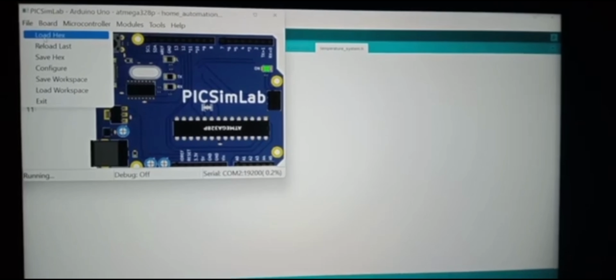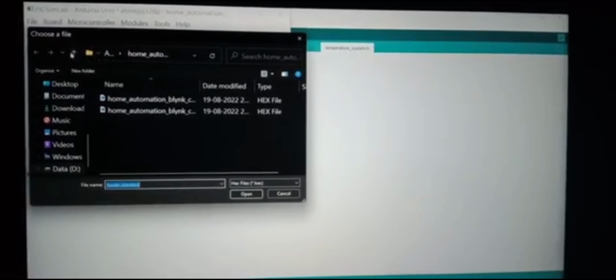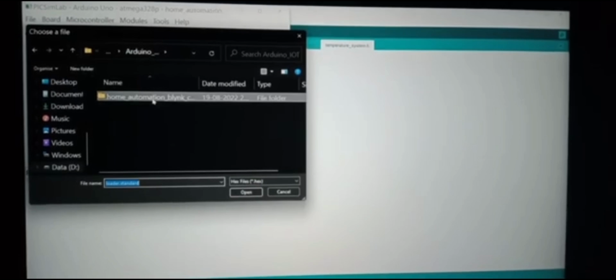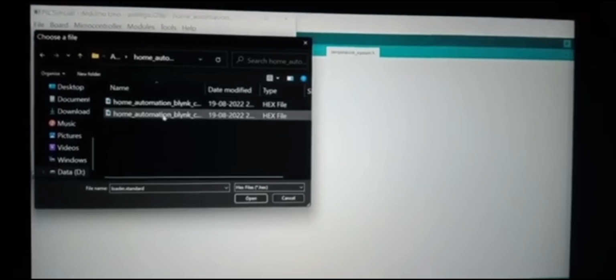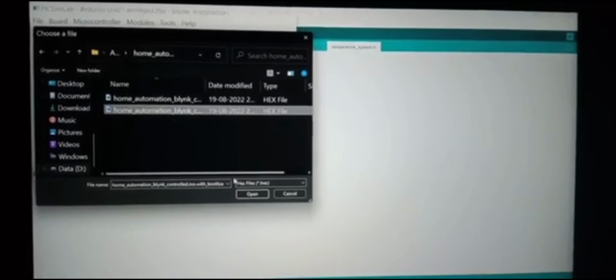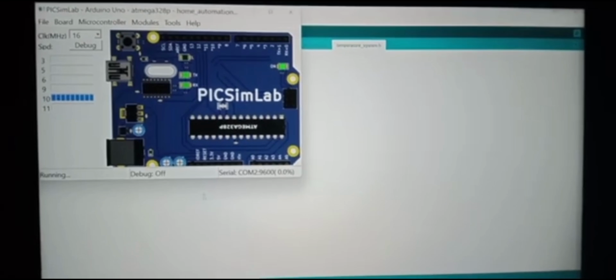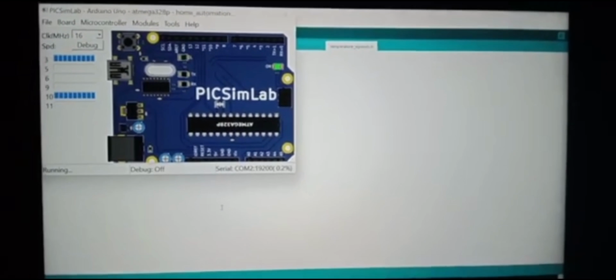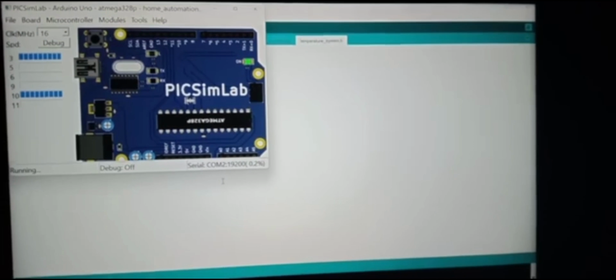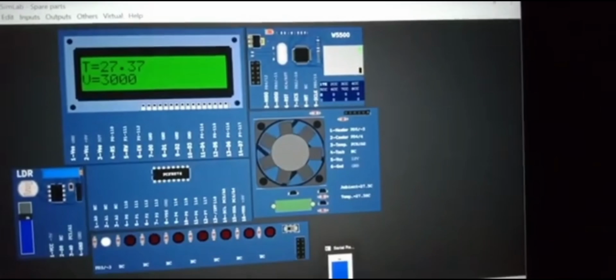Now I am saving the project code. It is done saving, then go to compilation, compile it, compilation done successfully. Now we go to sketch and export compiled library. Then we have to go to the Proteus Lab simulator.